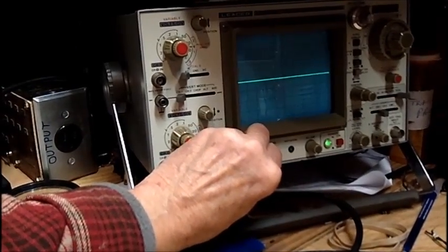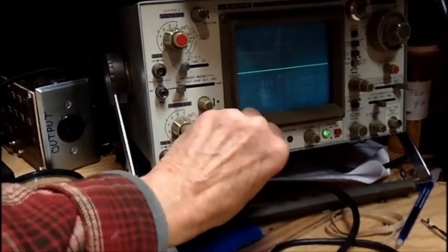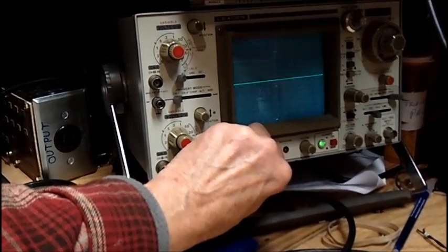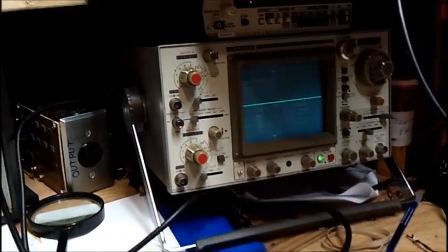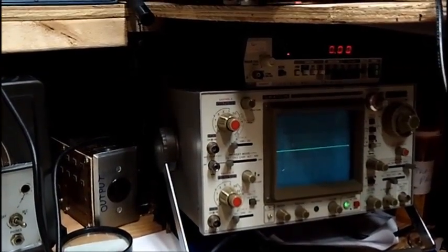I'll turn this down so we don't burn the screen here. You always keep your scope down. Never leave it up like that. You will burn your screen left on too long. So,